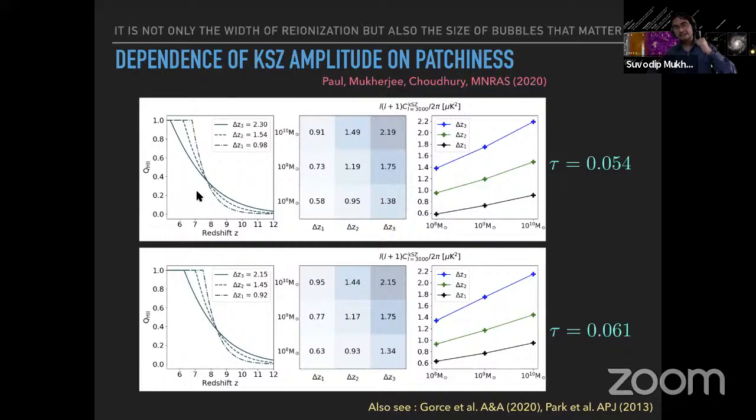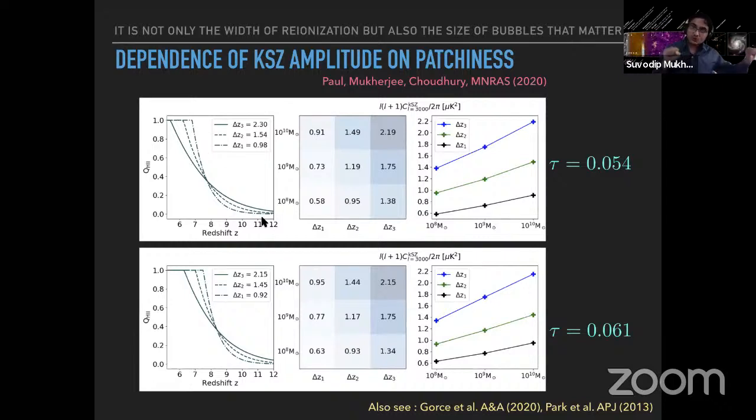The connection comes from the fact that if I give you a fixed reionization history from the measurement of tau, which sets a typical value, I can have very large halos driving the reionization, with much bigger bubbles, but my process has started significantly late because those halos formed later in the universe. Whereas I can have a scenario where the universe is driven by lighter halos, so I start fairly early, but it is very small patches throughout, so it looks pretty homogeneous, and the overall patchy power is less.